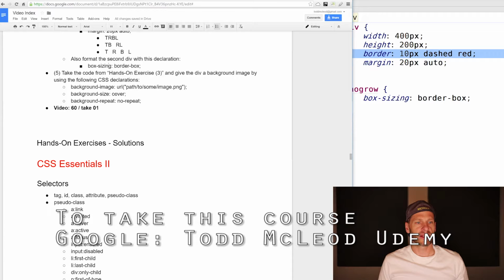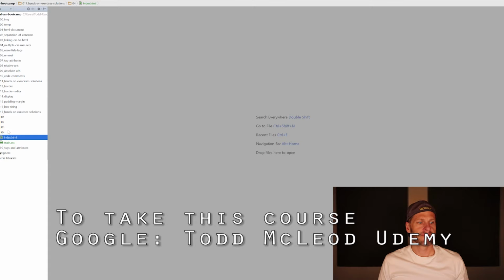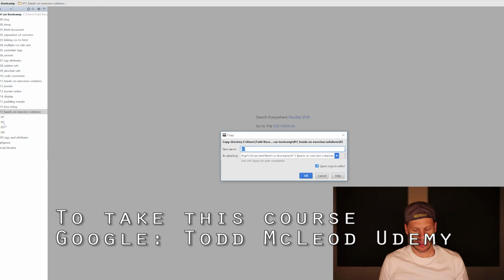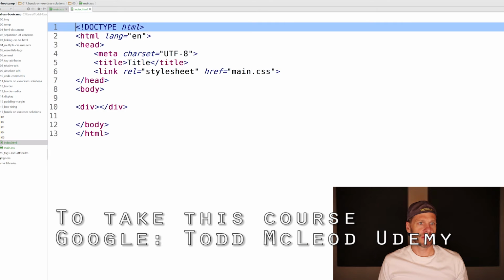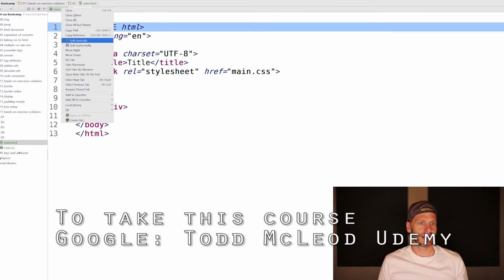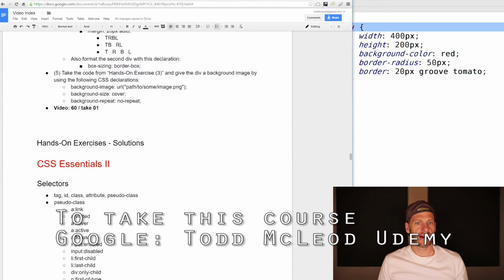Cool. So now the last one is we want to take the code from hands-on exercise 3. So let's do that. Control C, go up, Control V, and I'm going to make it 05. So there's the code, and open up index and right-click my style sheet, split vertically. All right, and now give the div a background image using the following CSS declaration. So I could just copy these